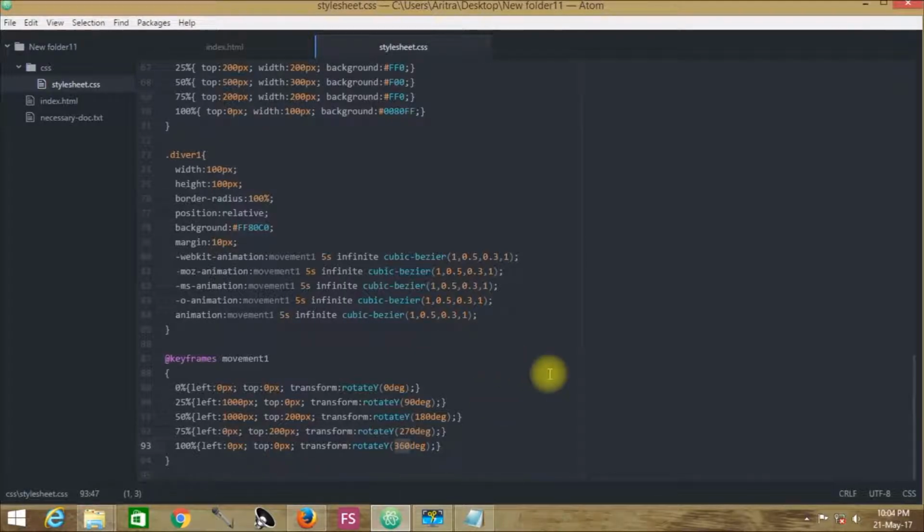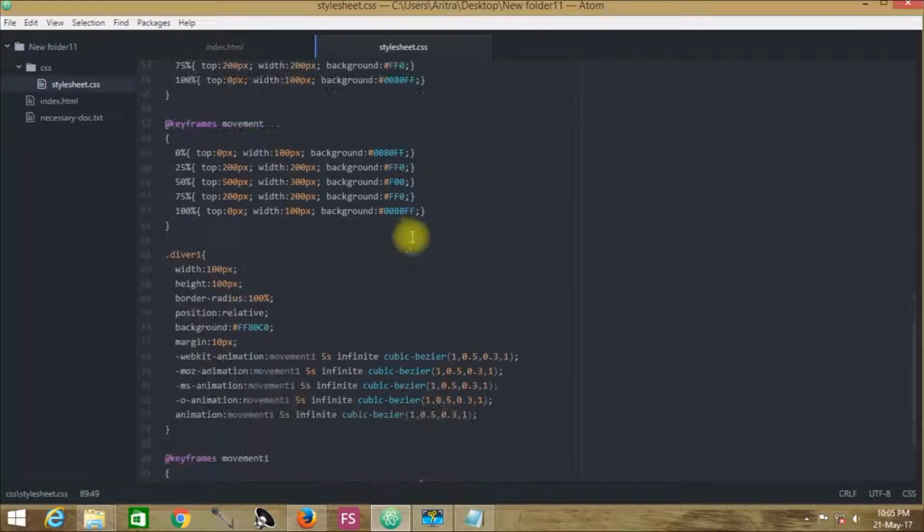In the next episode, in the next tutorial, all we are going to do is some live coding, and we will be seeing how to code this CSS3 keyframe animation into stylesheet.css, how to apprehend these things into stylesheet.css.